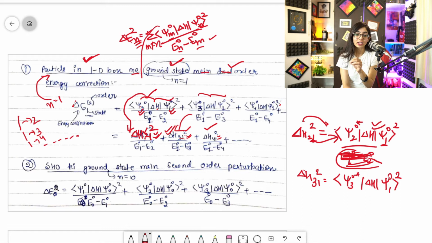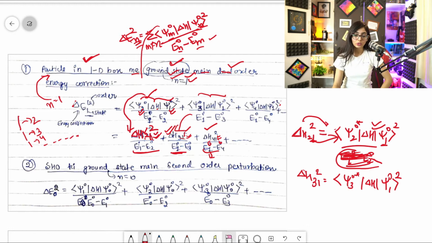If it is asked in ground state, I will take 1 with all other possible states, and here I will write in reverse manner. Reverse in the sense that whatever is asked, if it is asked for 1, then 1 will always come first here in the state, guys. Here in the state, meaning the original form. Clear? So I think this is clear for you.